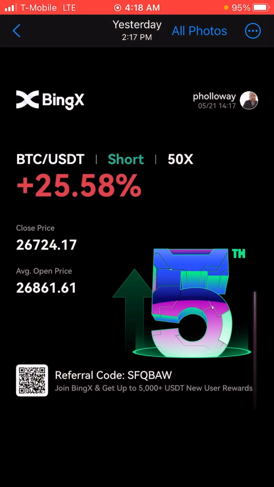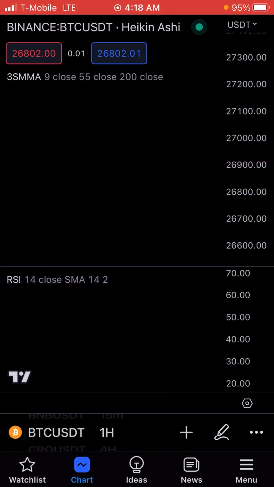955 moving average strategy. I did it on the hour and I made 25% on a trade. When I set up my futures trade yesterday in the last video, this is what it resulted in by the end of the day. I made 25%, which was pretty good, and it's using the same exact strategy that I'm teaching you. So what you want to do is